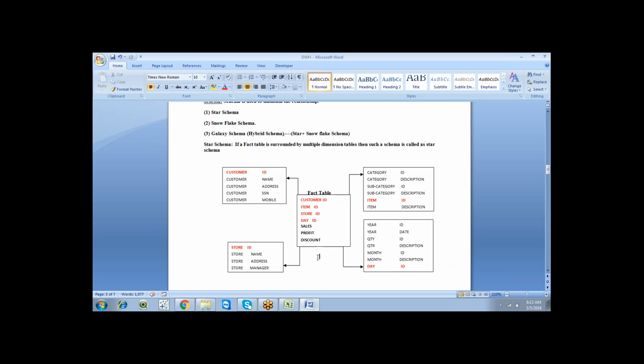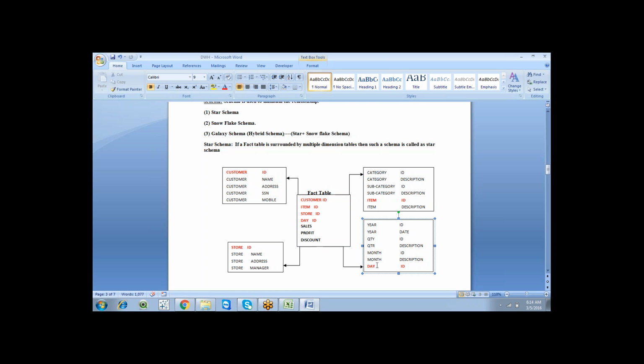So a star schema is nothing but a fact table surrounded by dimension tables. This is one dimension table, so the lowest level is item ID. So I placed item ID here. Let us take this as a primary key and this as a foreign key. For one particular table, it allows only one single primary key.